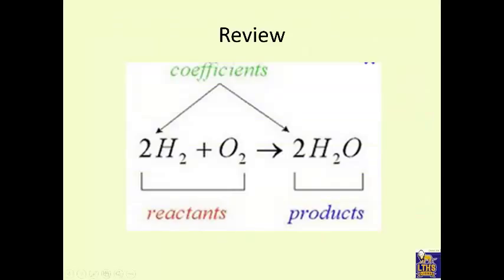Woo. Okay. So let's review. Coefficients are the numbers that go in front, and they're multipliers for chemical reactions. Reactants are on the left side of the chemical reaction. Products are on the right. The reason you have to put coefficients in is because you can't lose or gain any atoms in a chemical reaction. They all have to show up. Now they rebond. Okay, so this was being held together by a covalent bond between 2 H's. This is being held together by a covalent bond between 2 oxygens. This is being held together by a covalent bond between